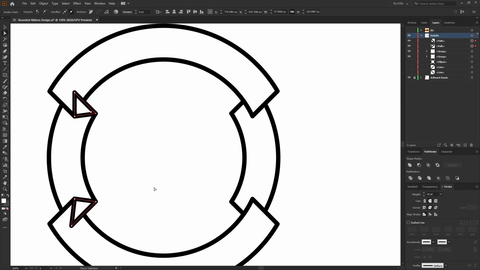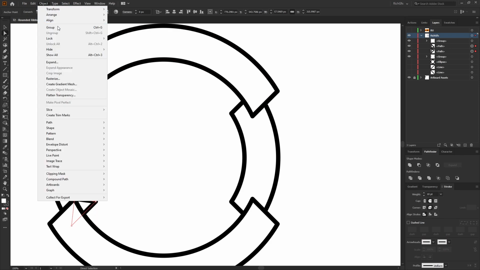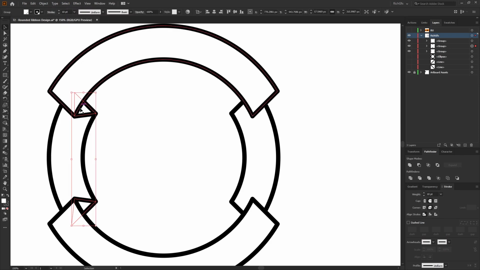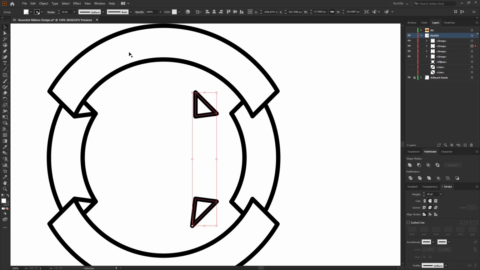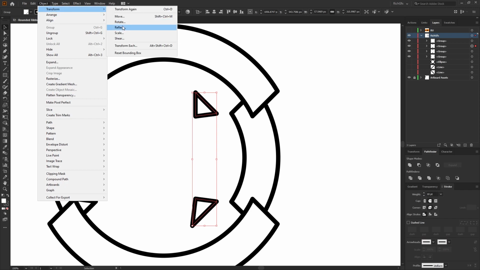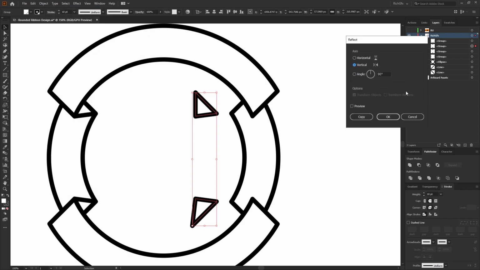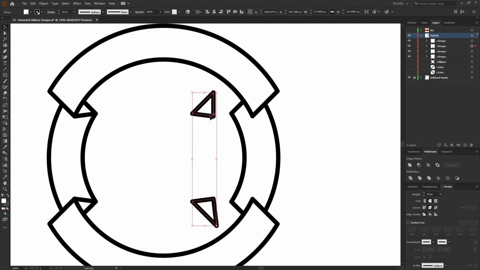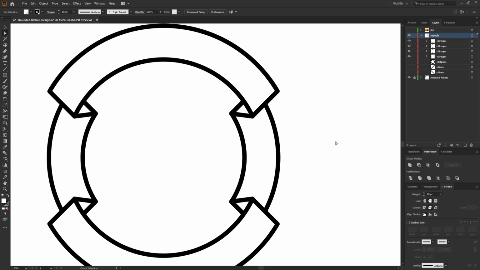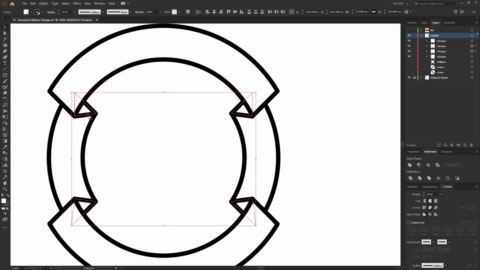Select both shapes and then press Control square bracket to send it behind, and then go to Object, Group. Then hold down the Alt key and Shift key to make a duplicate, then go to Object, Transform, Reflect. Reflect it along the vertical axis and position it on the opposite side. Select both shape groups and then change the solid fill from white to black, leaving the 10-point stroke